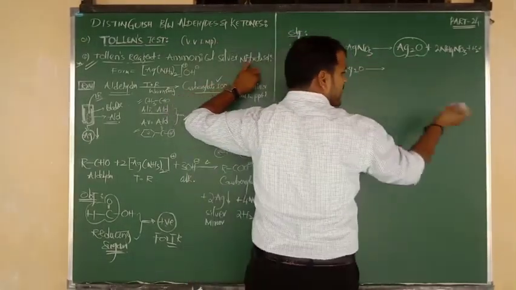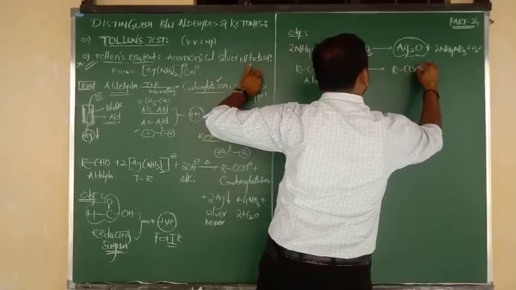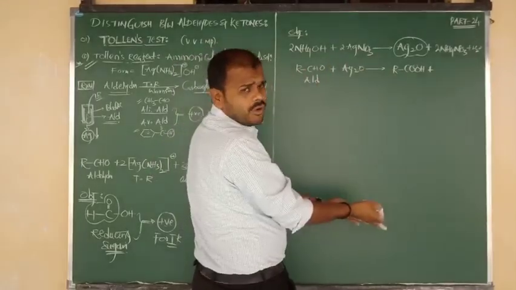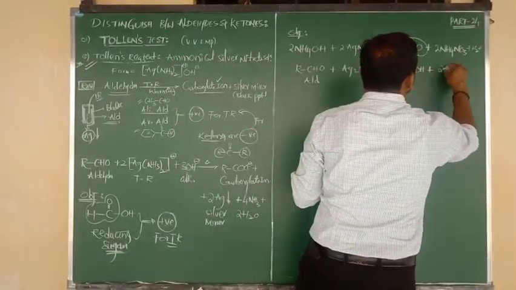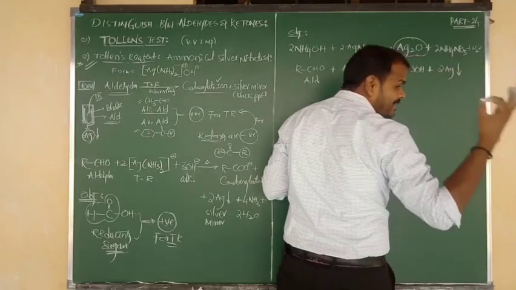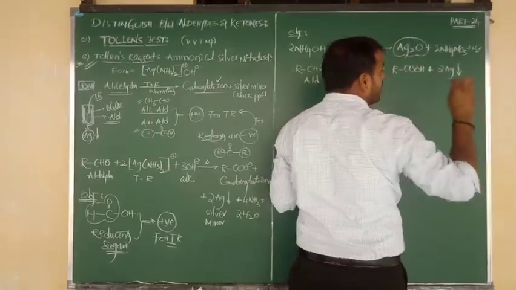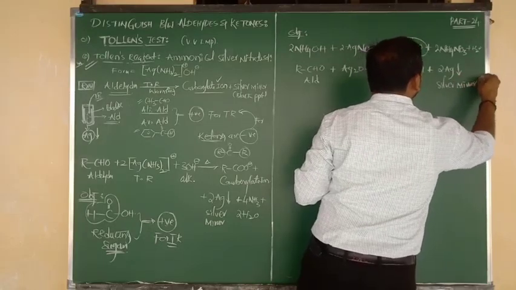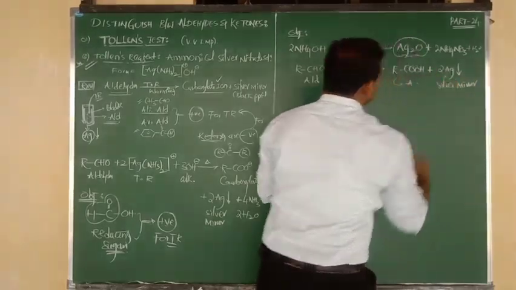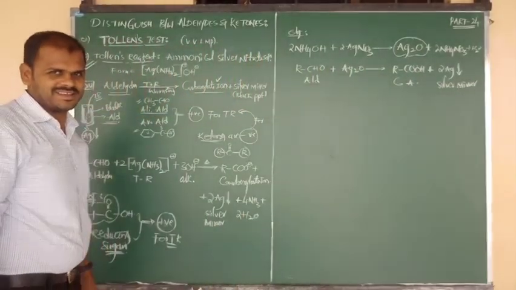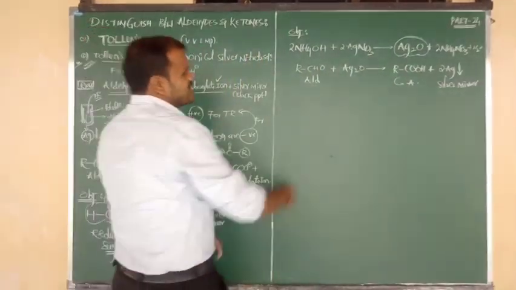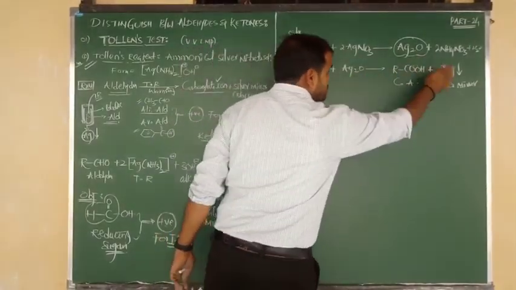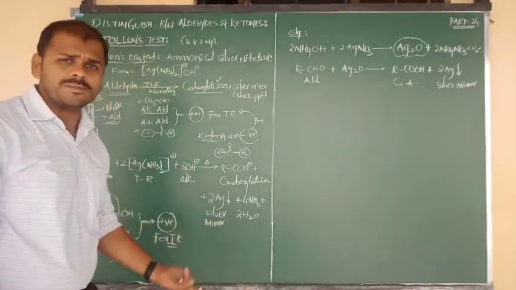Aldehydes upon reaction with Ag2O, silver oxide, are oxidized into carboxylic acids, RCOOH. One oxygen is given to the CHO, CHO becomes COOH. Remaining two Ag are there, means 2 moles of silver. Again you are getting a bright silver mirror that gets deposited on the walls of the tube. This is called silver coating, and also we can say the silver mirror. The product is carboxylic acid. Okay, now beta. Good. So same thing: aldehydes are oxidized into carboxylic acids, and Tollens reagent gets reduced into silver metal. Here also the same concept.